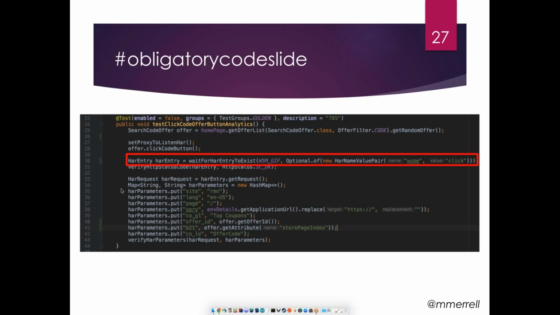If it's encoded, encrypted, or somehow obscured, what I would recommend in that case is to work with your developers to make a decoded version available, maybe in lower environments, your test or staging environment. Otherwise, you might only be able to test whether or not the analytic event was thrown. You might not be able to test its actual accuracy.